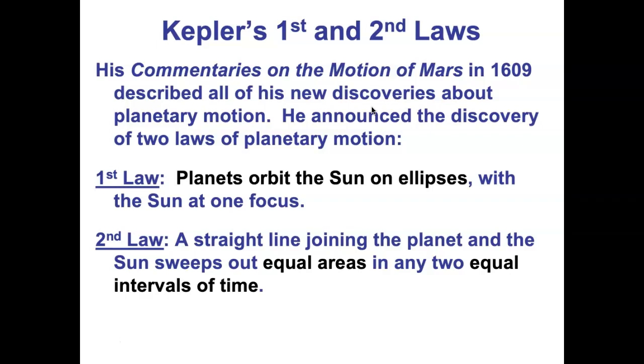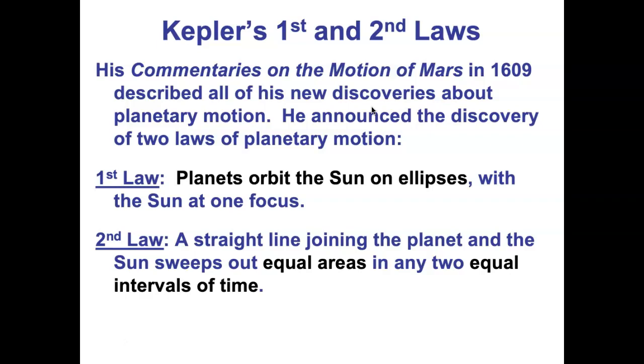Okay, before we get into this, let me repeat what I just said a second ago. Kepler's laws describe how the planets move around the sun. They don't actually explain why the planets orbit the sun. Now, we know from the last lecture, why do planets orbit the sun? What's keeping the planets in their orbits around the sun? Well, gravity does. Gravity and Newton's laws of motion explain why planets orbit the sun.